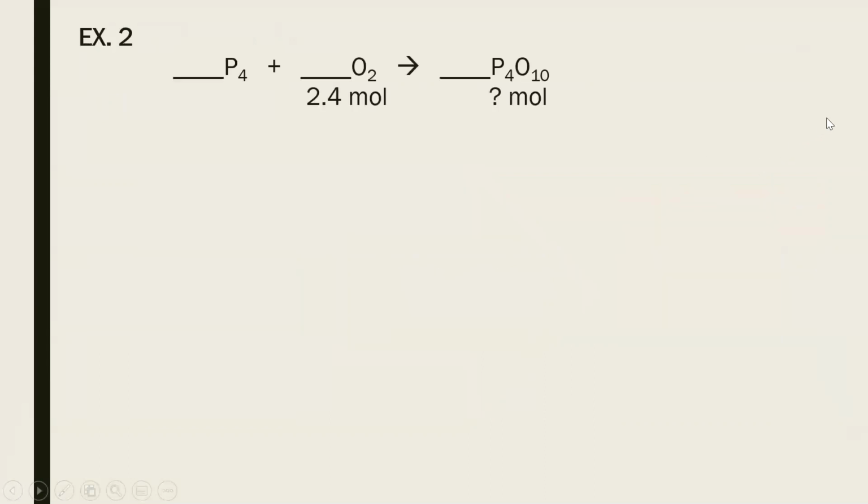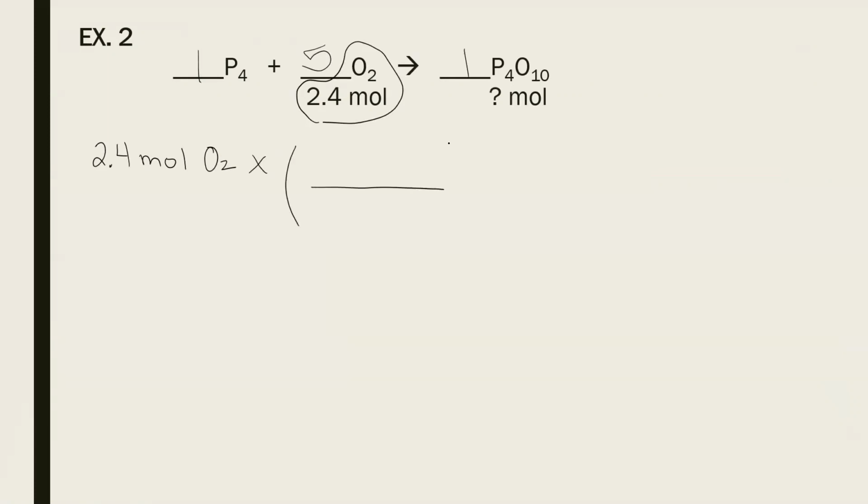So, first example. Let me balance it. 151. Remember, you can pause and do this on your own. Okay, so you have to balance it first. Now I can set up the stoichiometry. My known substance is the one that has a number under it, so it's 2.4. You always need a unit, which is either moles or grams in this case, and you always need the label. The label is what substance we are talking about. So in this case, O2. That came from right here. 2.4 moles of O2